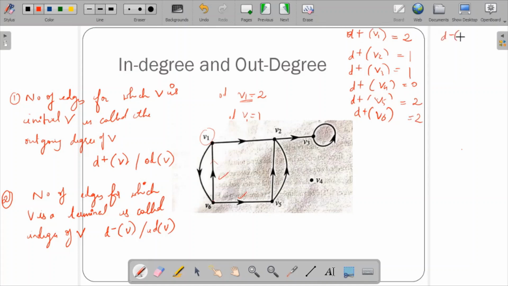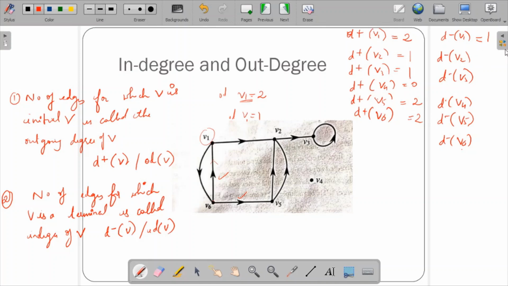Now the in degree of V1 and the others: let us check V2, V3, V4, V5 and V6. V1, if you check the in degree, is 1. V2's in degree is 1.